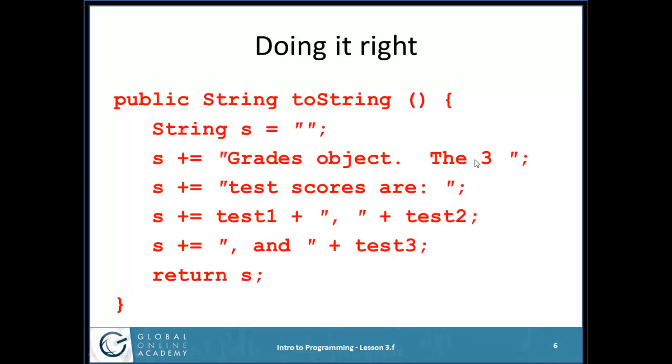Maybe I put "Grades object," then I continue on the next line. "Test scores are" test1 and test2 and test3. Then I make sure I return that string value. So these statements here, all these s plus equals, put appropriate values that mean something into a string variable called s. Return s means whoever called me